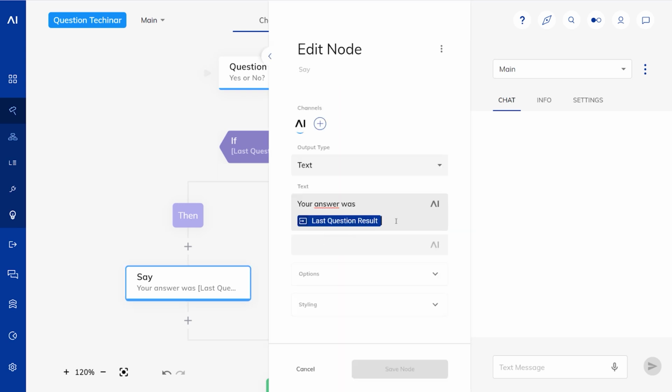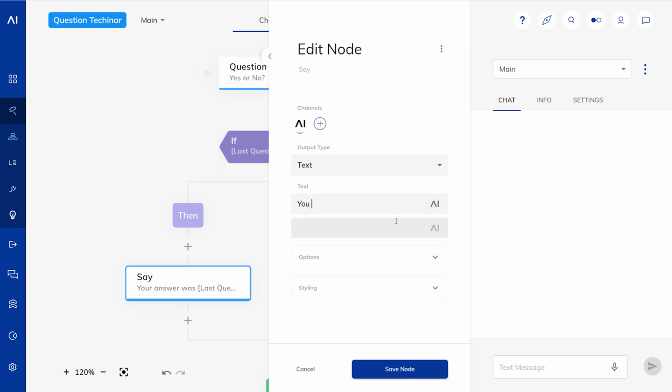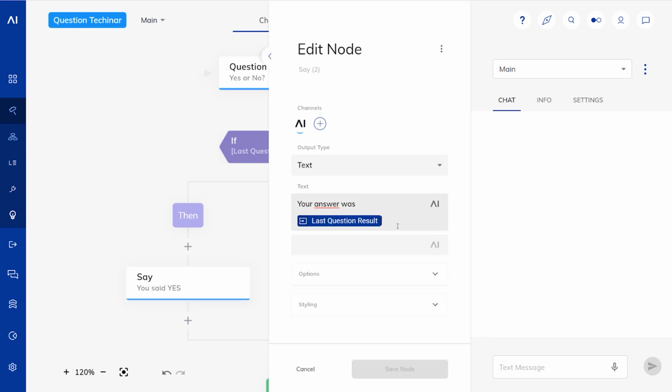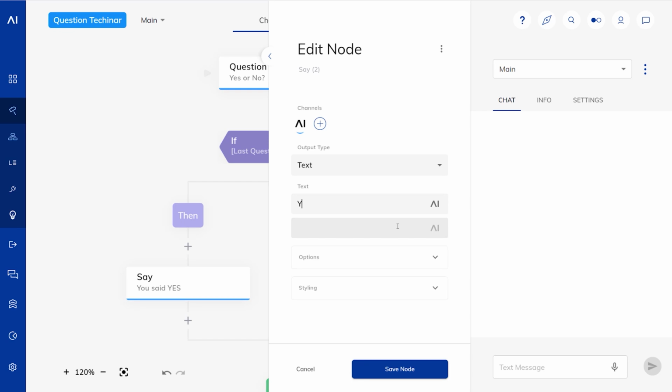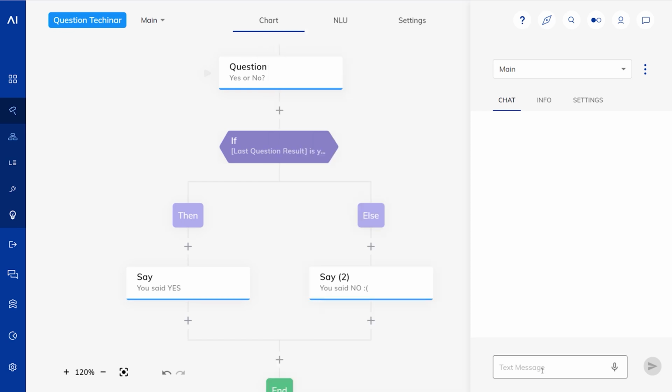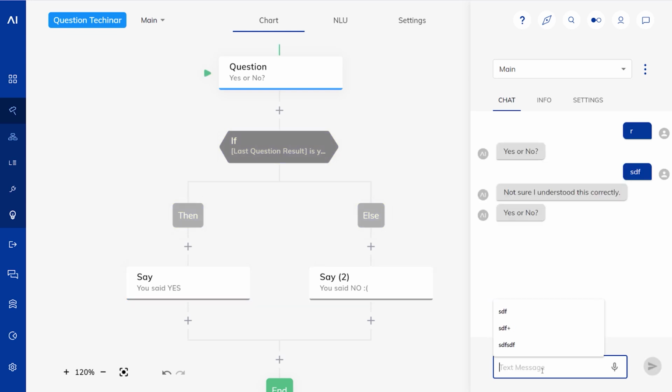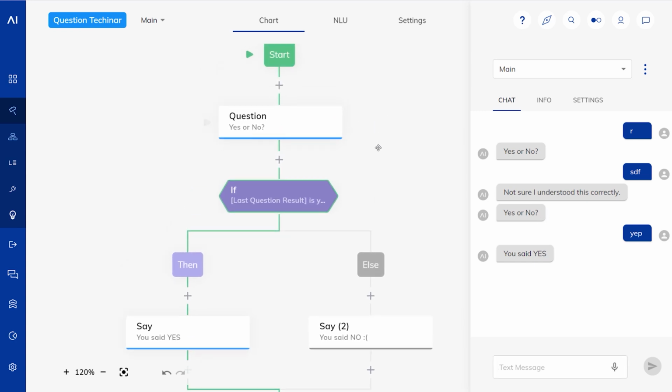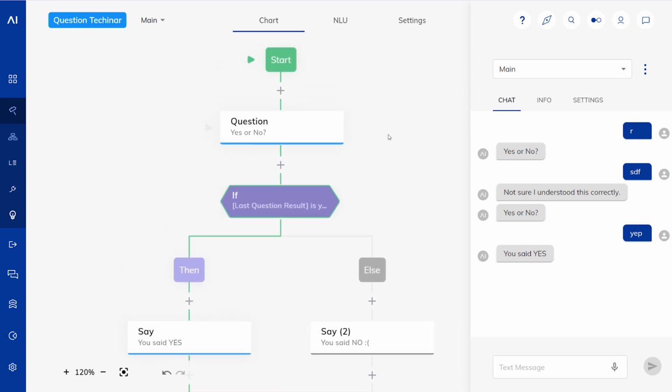So here we can say you said yes, and here we say you said no. Let's try it out. Not sure I understood this correctly. Yep, you said yes. So this is using the NLU in this case to detect whether it was a positive or a negative confirmation.